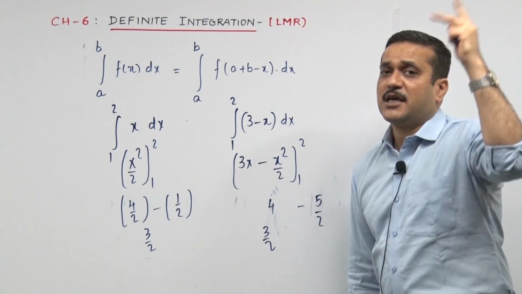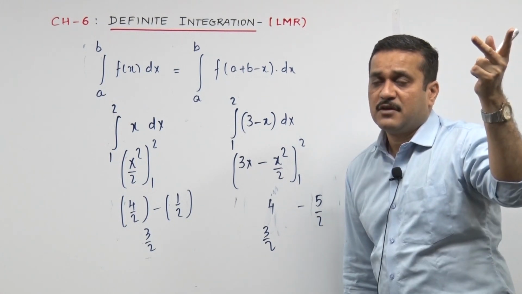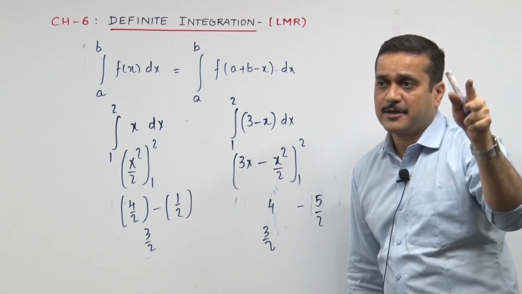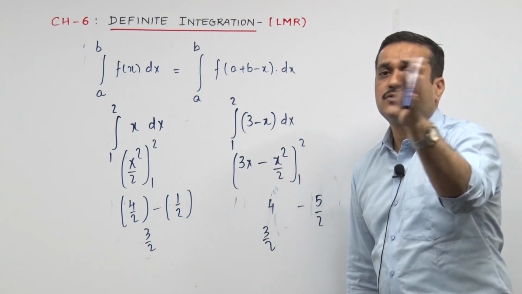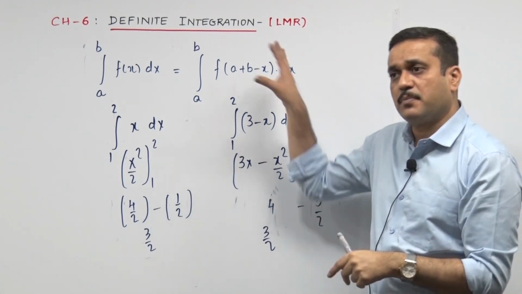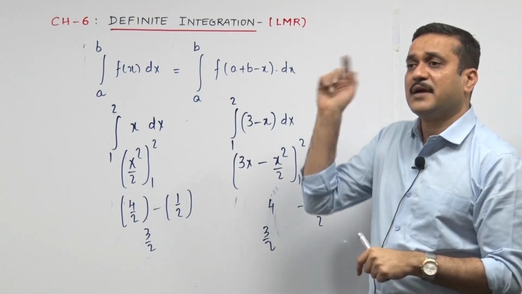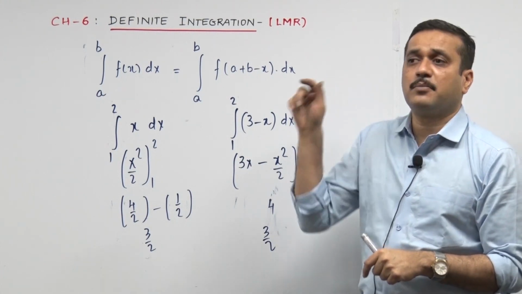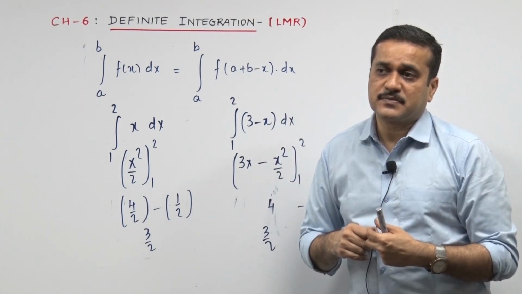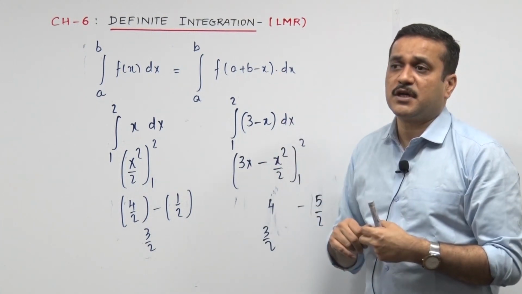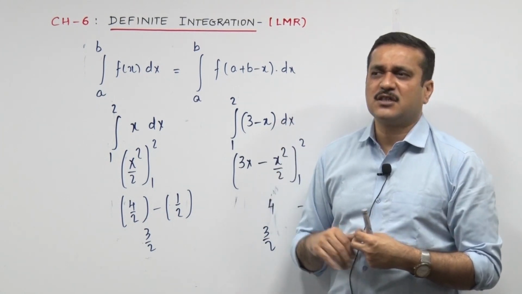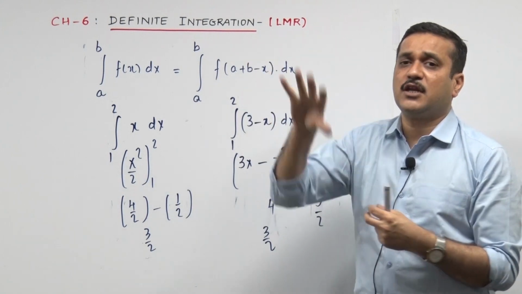When you change your x to a minus x, the integration goes from 0 to a. When you change your x to a plus b minus x, the integration goes from a to b. From 0 to a, change your x to a minus x. From a to b, change your x to a plus b minus x. Property, please rehearse well. You need to mention the property over there. Rather than writing property 5, I suggest, at JK Shah Classes, that it is better to write the property name to get the full value of 4 marks. The statement really punches a good value in the solution.